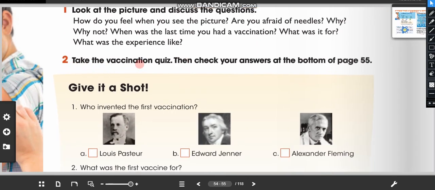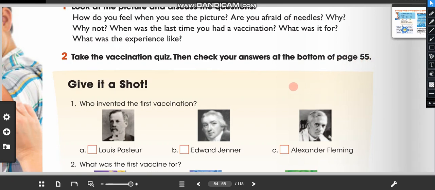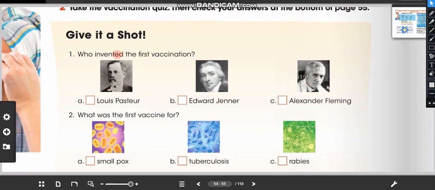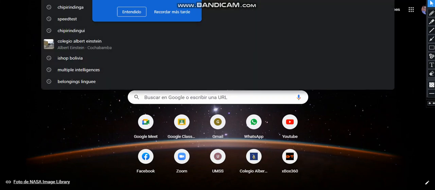Number two, take the vaccination quiz. Then check your answer at the bottom of page 55. So we are going to do some research, okay? You can Google it. Number one, for example, who invented the first vaccination? The only thing that you have to do is, when you are on a Google page,